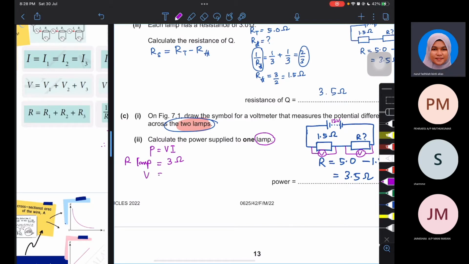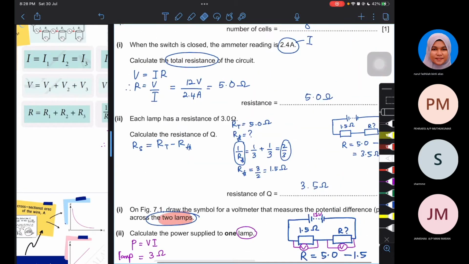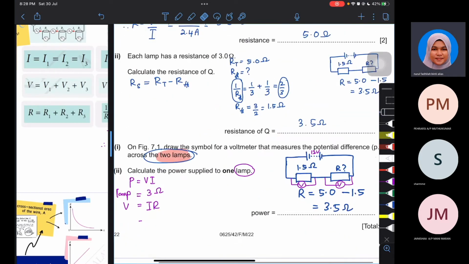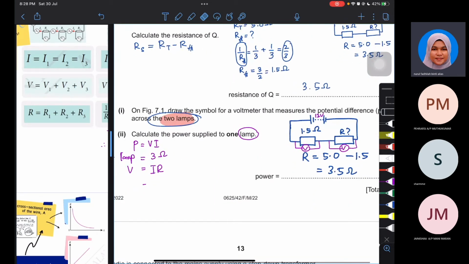So V dia equals to, V equals to IR. I for lamp, V over R. Sorry, kita nak jadi kita dapat 3.6 and then V equals V, okay,